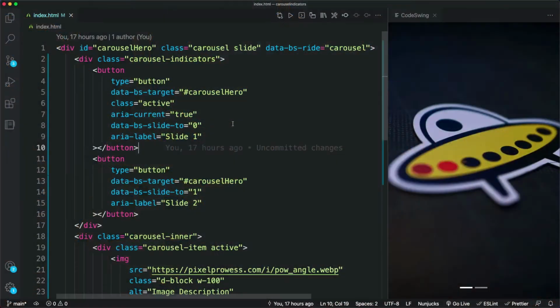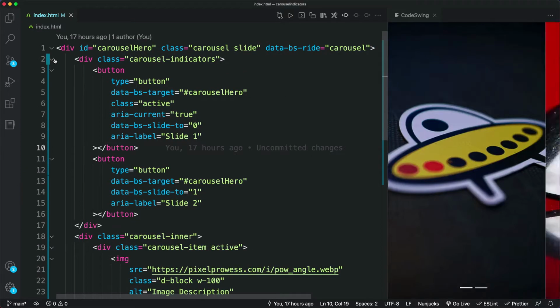I'm going to split this up into two videos because they're different techniques. Now I'll show you how to do this with Bootstrap 5 to automate adding indicators. But this is a foundational technique that you need to know. You can see that it's quite complex to even do a simple set of indicators, and as the number of images grows, this gets even longer.